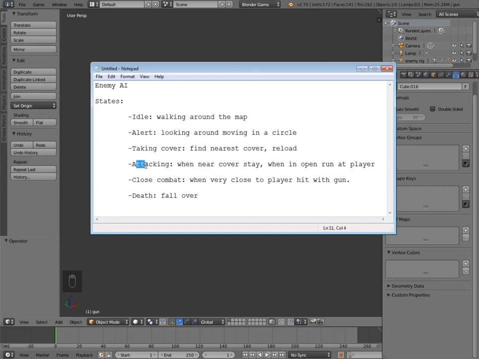which is attacking. And this basically happens when they've seen you fully, you are a threat to them, so they'll go and run and attack you. Basically when they're in an open space by themselves, they have no cover to run to, they'll just run at you or the player, as they really don't have much else to do. However, if there is cover near, then they will run to that cover and stay behind that, and then attack